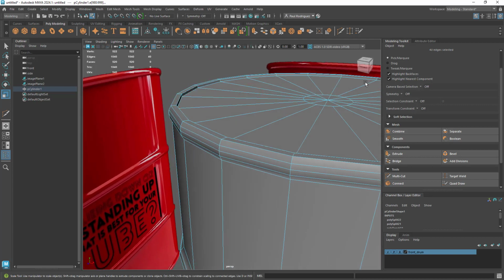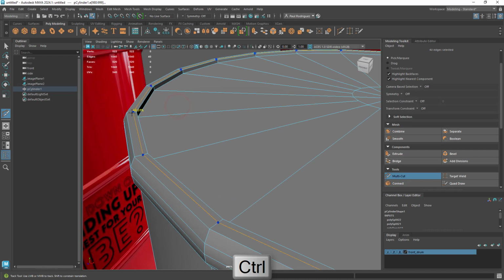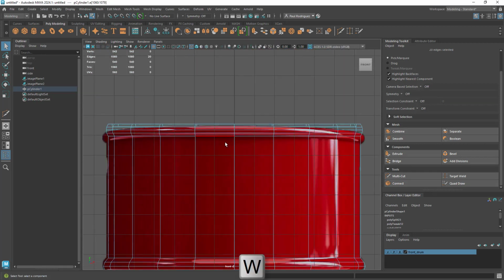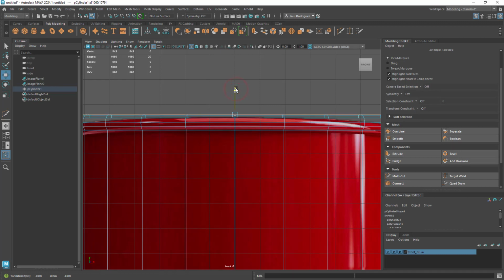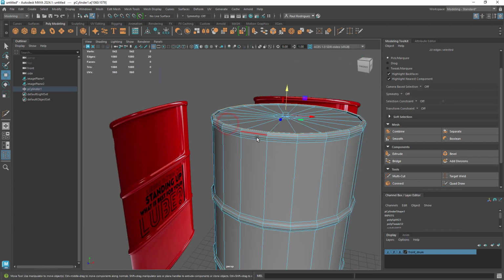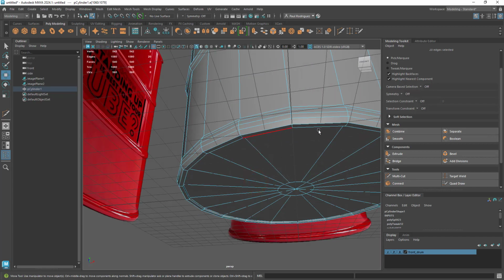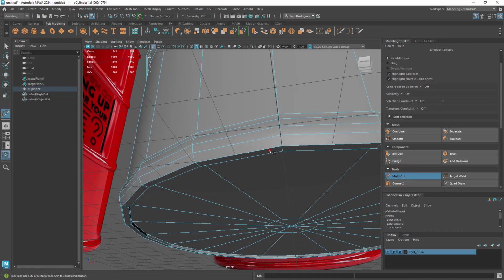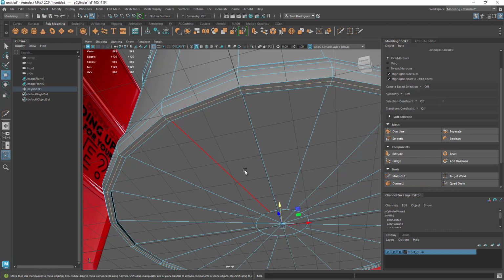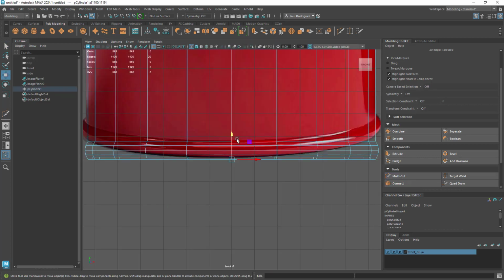So what we're going to do here is we're going to do a multi-cut around the center here. Select those edges, and within my front view I'm going to increase these slightly just to give it some type of roundness. And I'll do the same thing for the bottom here. A multi-cut center edge loop, and then from my front view just slightly pull it down. Alright,